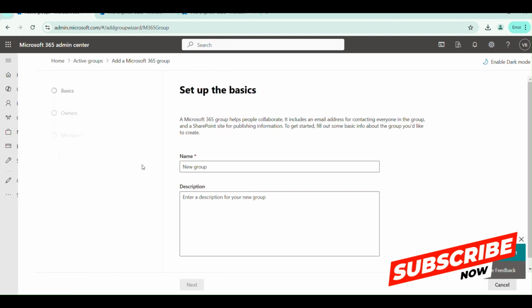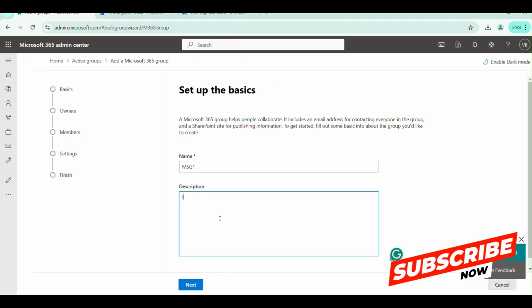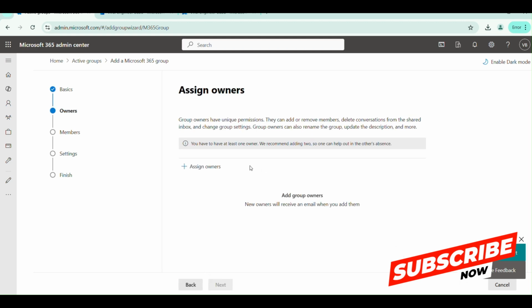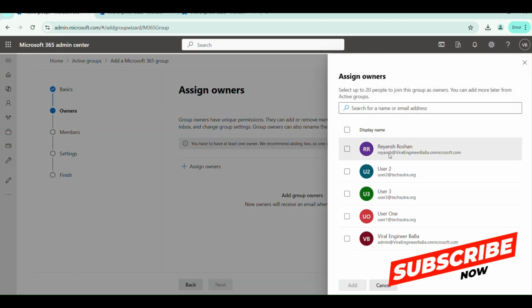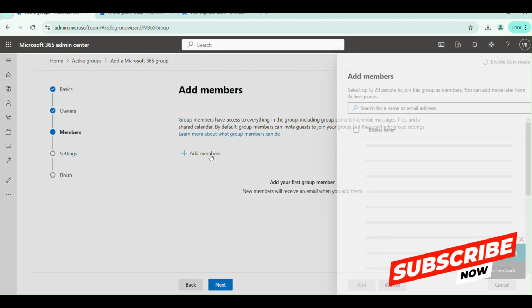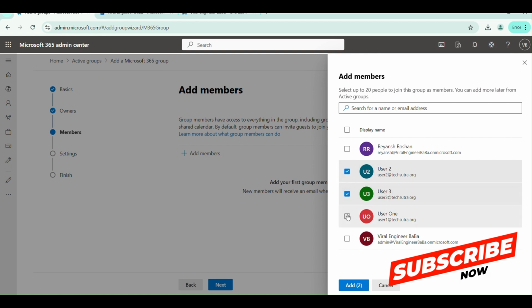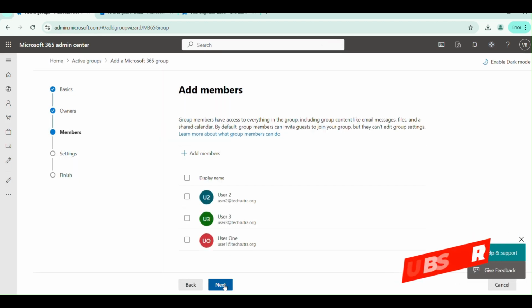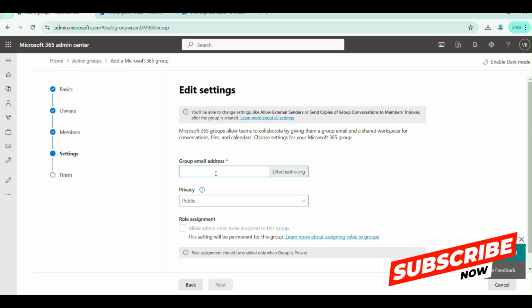Let's add a group. We can give it a group name, MSG1 tests, and next. We can assign an owner. Let's add this user as owner. Add. Next. Add members. We can add another user as a member. Next, we can add a group email. So MSG1,